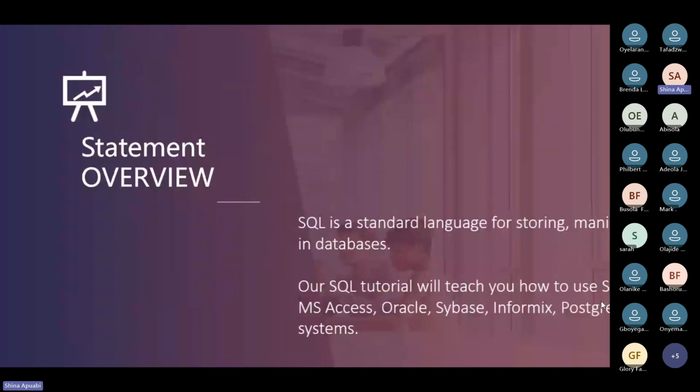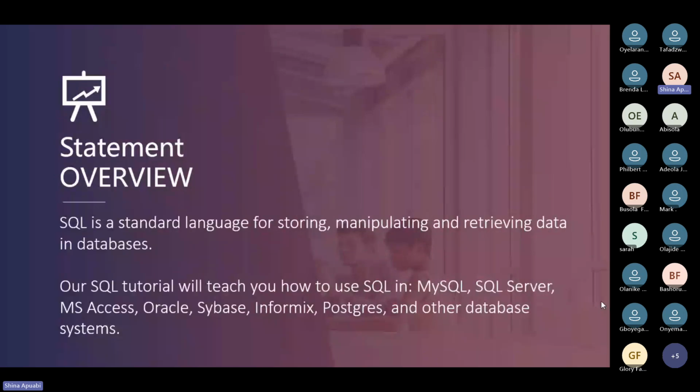So why are we actually looking at this? Yesterday, I believe Mr. Falansha did justice to the very purpose of SQL. And by now everybody should have an idea that it is a standard language used for manipulating, storing, and retrieving data in databases. We have several relational databases, just that we are using Postgres right now, which is very popular and frequently used, and also SQL Server of Microsoft. But let's look at